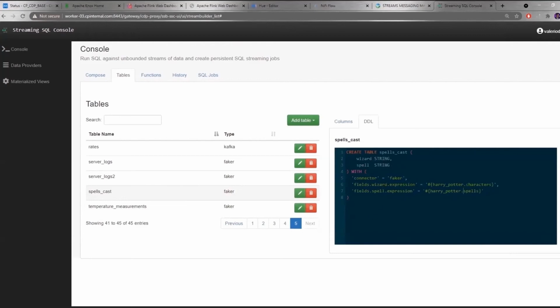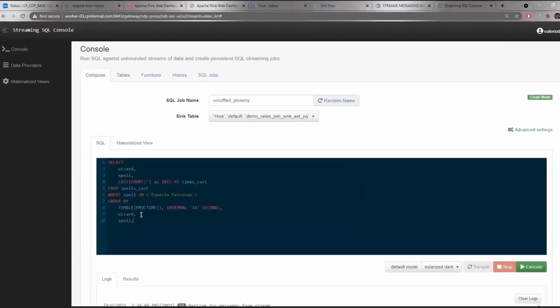So the query we are going to run is this. And we're going to use the TUMBLE function provided by Flink. The logic is pretty straightforward. We're just going to count for every 10 seconds, so the interval defined in the TUMBLE function, for every 10 seconds, you're going to count the expecto patronum spell cast by a specific wizard. Being a Kudu target,